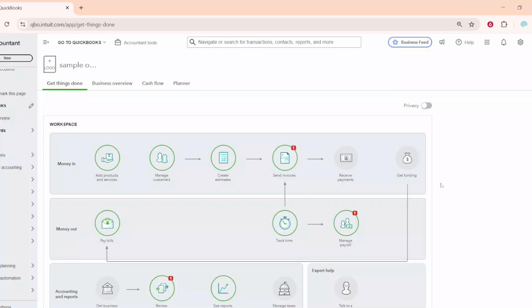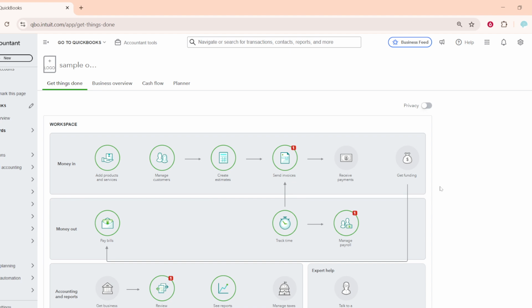In today's video, I'm going to teach you how to review the balance sheet report for clients in QuickBooks Accountant. Whether you're double-checking month-end figures or preparing for a client meeting, the balance sheet is your snapshot of what the business owns, what it owes, and the owner's stake at a specific point in time. We'll move through the workflow, then I'll point out what to look for in each section so your review is